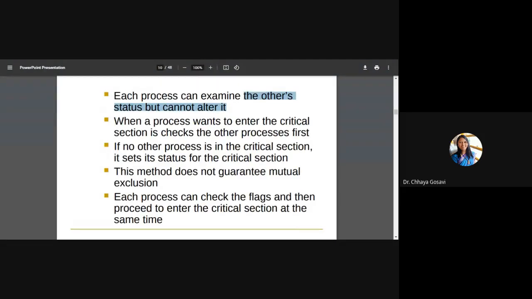Any process that is willing to enter, when no other process is in a critical section, can enter into the critical section. So the progress problem is solved, and there is no waiting, because whenever I want to enter, I can enter by raising my flag. But the problem is, if initially no one is willing, and suddenly more than one process wants to enter into the critical section at a time, this will not guarantee mutual exclusion.